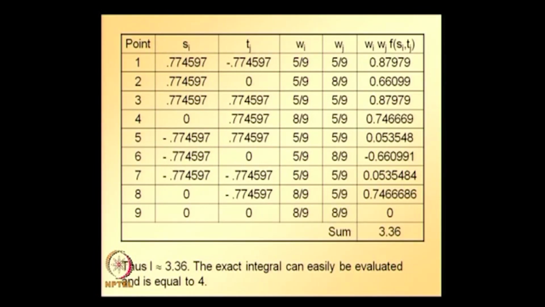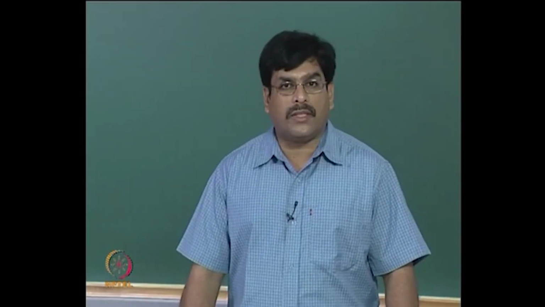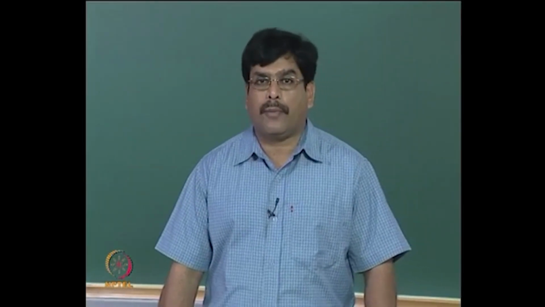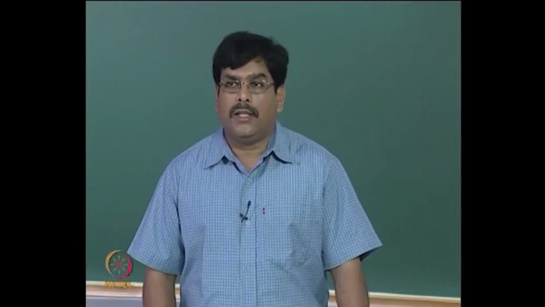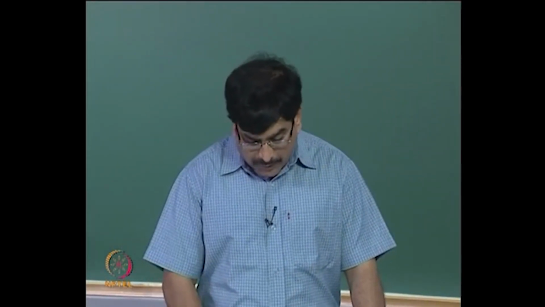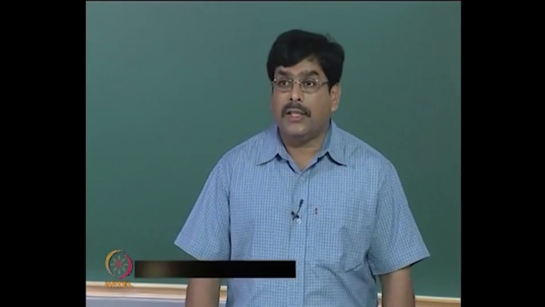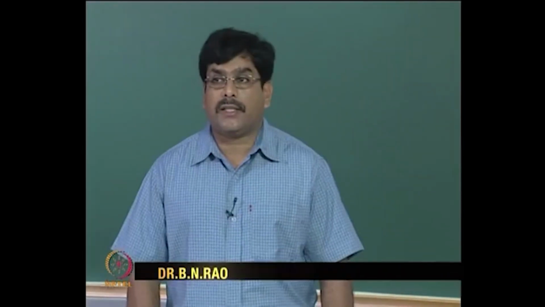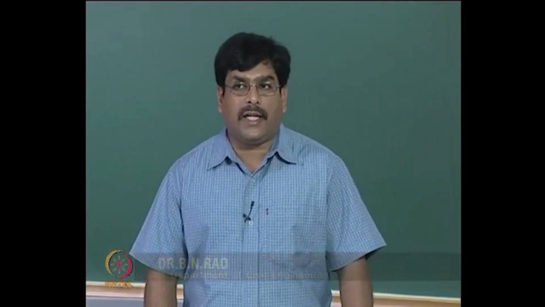So the function value needs to be evaluated at all the 9 integration points, multiplied with weight in the s direction times weight in the t direction, and the contributions from all the 9 integration points can be summed up to get the approximate value of the integral, and the approximate value of the integral, using 3 by 3 integration, is 3.36, whereas this integral,